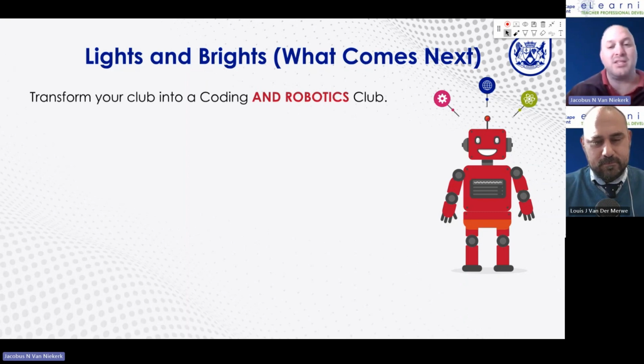And then that is the bright spot. That's the part where once we get going with our coding and we get curious about the robotics, then we can start adding it in. Then we can start phasing it in. There are lots of things happening in the background, which I'm not going to expand on. You're welcome to ask me the question, but I will just tell you, I don't have a response right now. But there are lots of things happening in the background regarding the robotics and the rollout of robotics kits, and that is in the process of happening. But it's been in the process of happening for a while now, and just waiting for these things to happen doesn't really get us there.